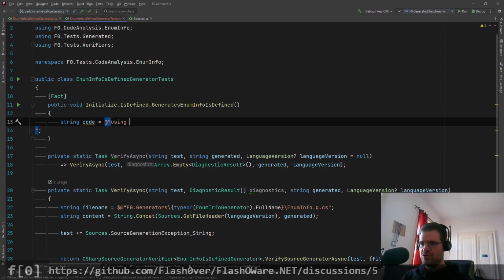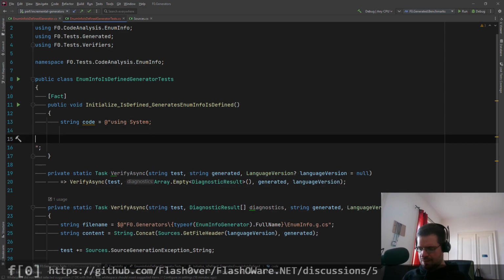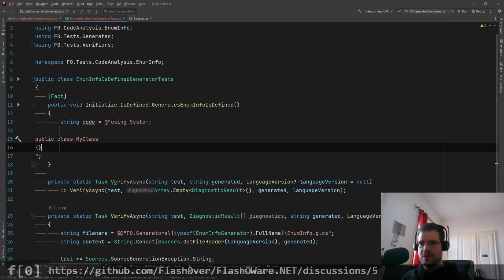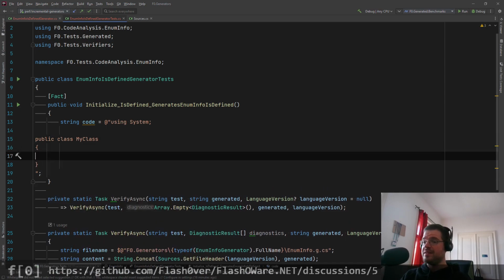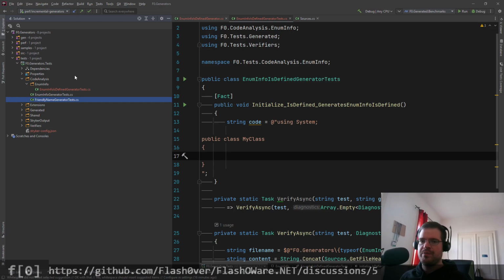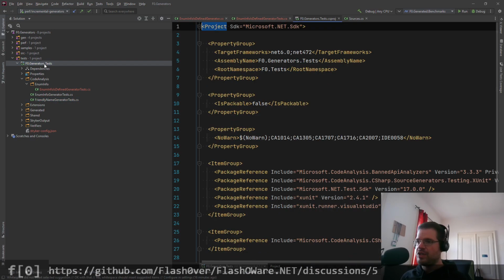Let's add a using System on top. This never hurts. Let's have a public class, MyClass. And so we really pass in the code as a string to the testing method that we have in place. So this is, I should mention this. What we're using here, if I go to the project,